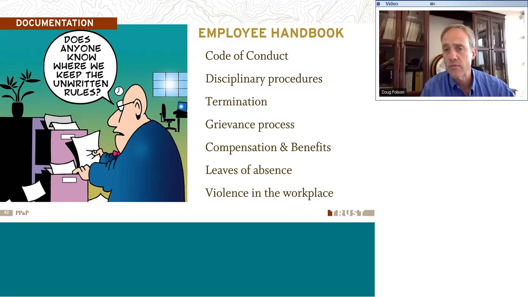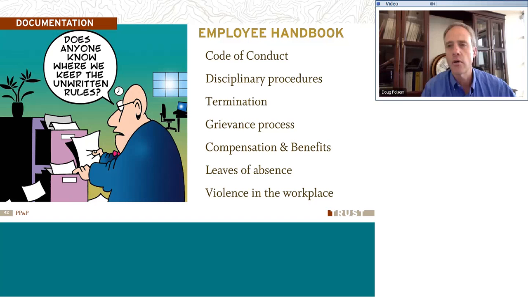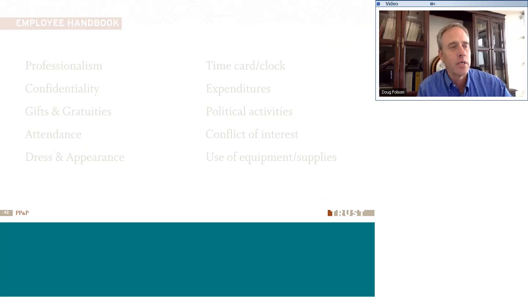Violence in the workplace is a very important thing, a kind of scary thing in the world today. I'm trying to think back to our training, that violence in the workplace is the number 1 or number 2 cause of location of homicide for women. I can't remember, Jason, maybe you can remind me on that one. I think it's the second leading cause of homicide in women is workplace violence. And so that's obviously something that we need to make sure that we're addressing.